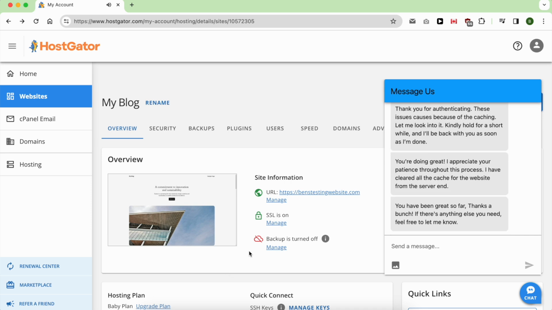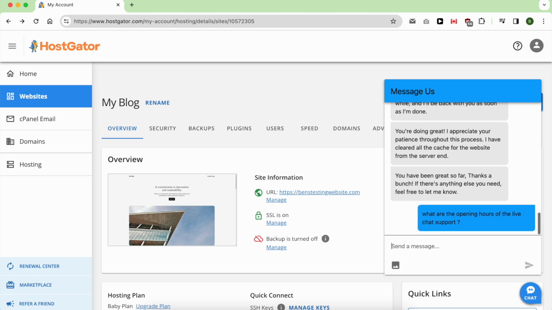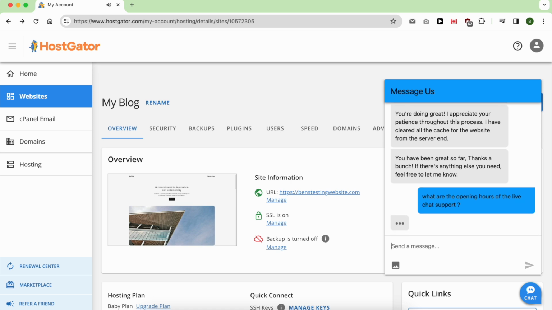Even after the long wait, the answer I received wasn't satisfactory. Instead of providing useful tips, the agent only cleared the cache of my website on the server level, which wouldn't make a lasting difference. Compared to other hosting providers like Hostinger, DreamHost, or Namecheap, HostGator's live chat support falls short. It seems to be on par with Bluehost, possibly because they share the same parent company. Overall, my experience with HostGator's live chat support